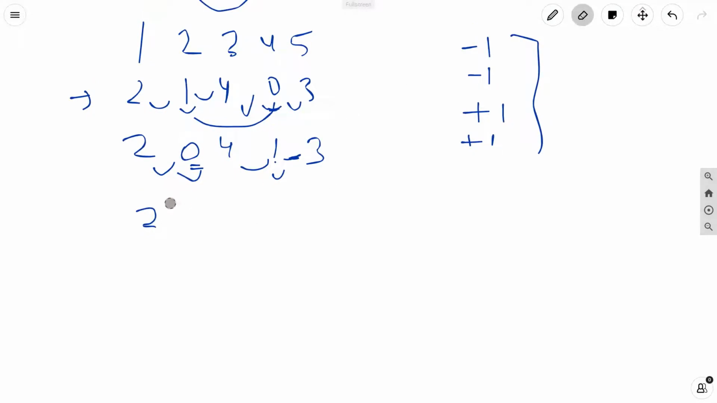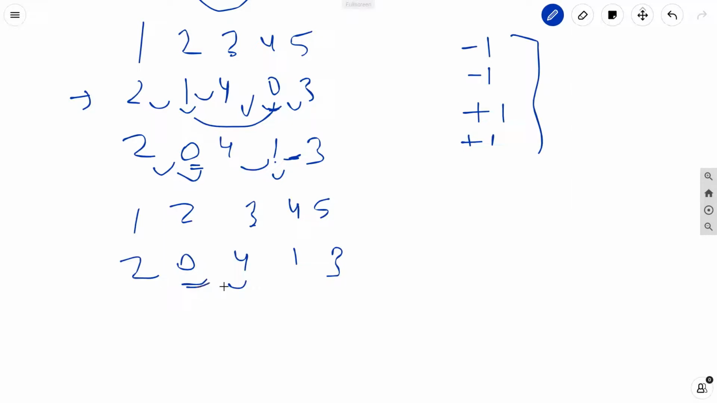So write it again, 1 2 3 4 5, and now we are having it like this: 2 0 4 1 and 3. Now let's say we have to save this 0 and 4, so we have to save the numbers which are at 0 and 4. Now for this 0 we can check, in the left we are having 2 which is greater